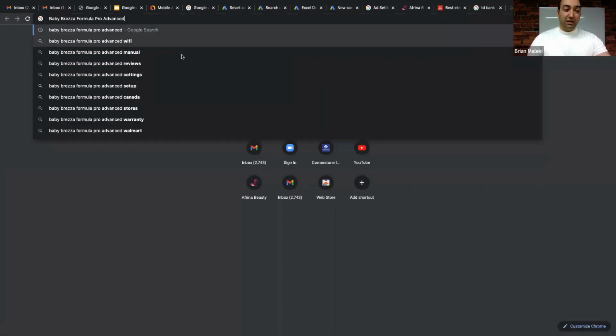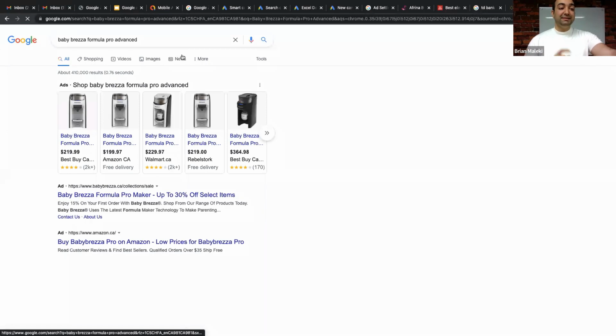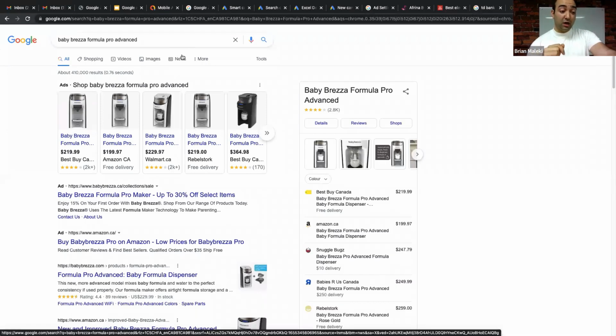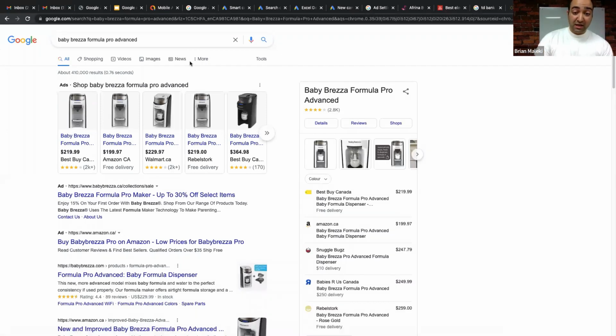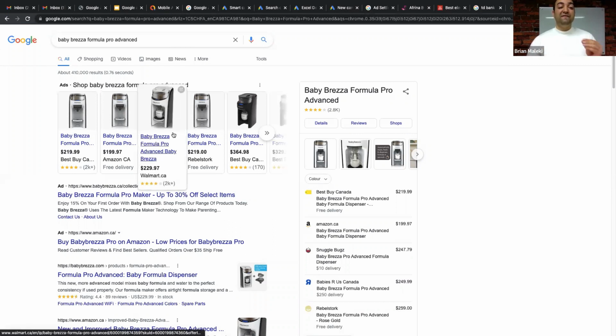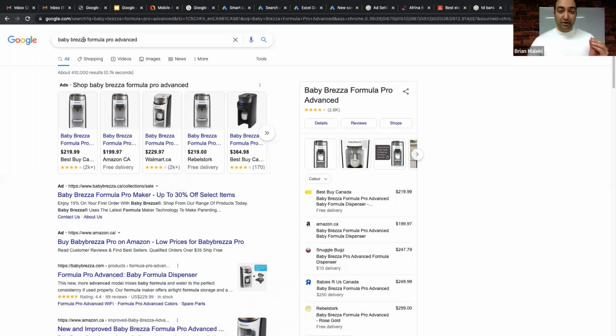Google automatically sees that you have this product on the website. Then Google automatically will create a headline for your product, which is matched with the search query that's submitted by